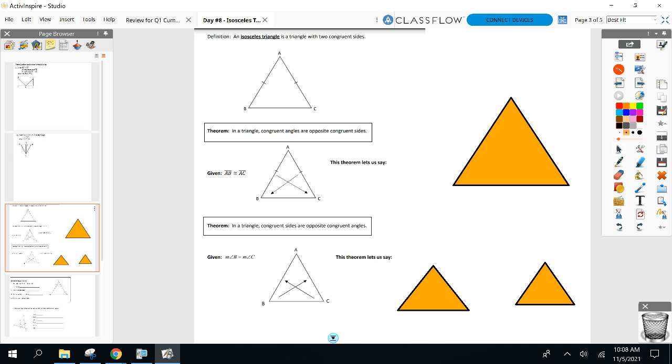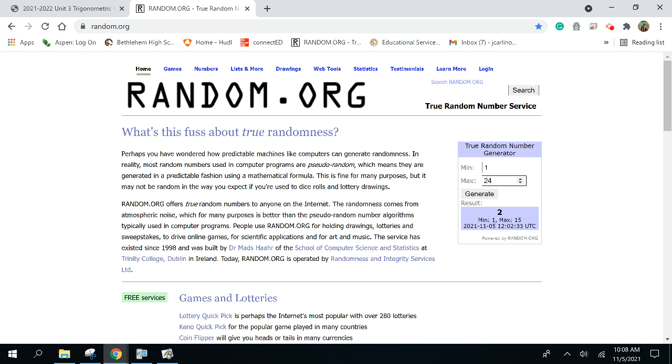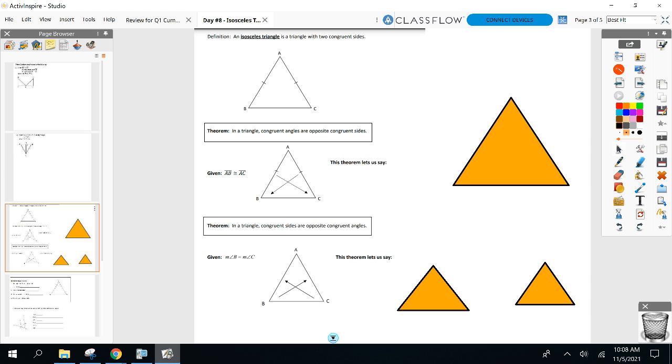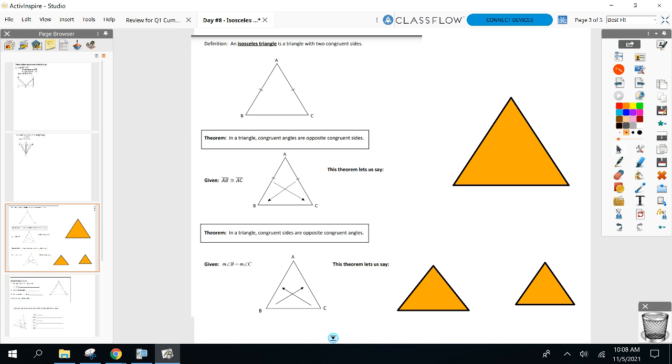Look at your first diagram here. I'm giving you that AB is congruent to AC. Now that you know the angles are equal, which two angles should be equal then? What's across from those two congruent sides, AB and AC? Name the two angles that are across from AB and AC. Let's start this out right. George, what are the two angles? ABC and AC. Okay, so knowing the two sides are equal, now lets me write confidently angle B is congruent